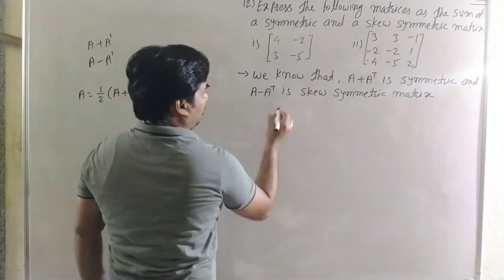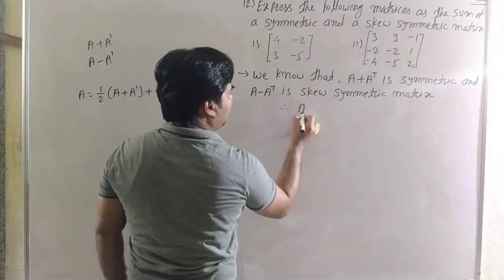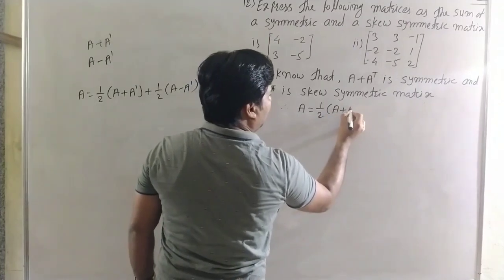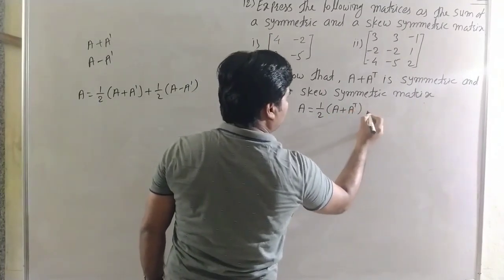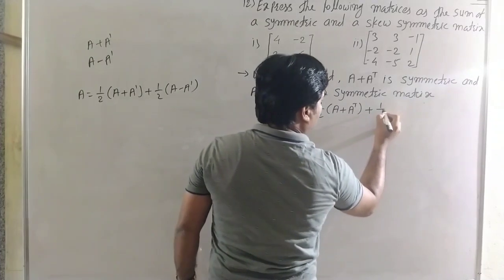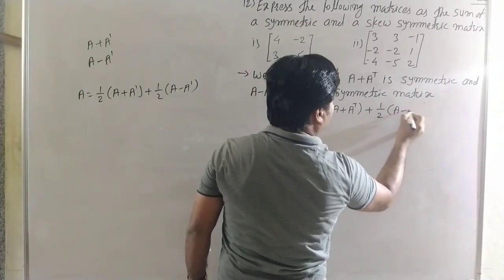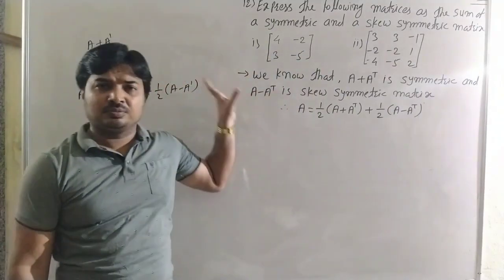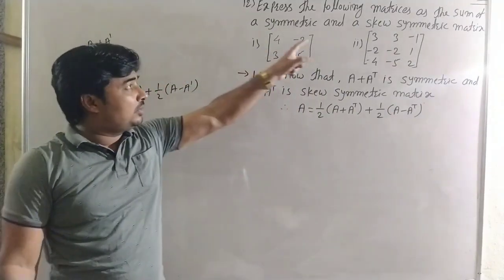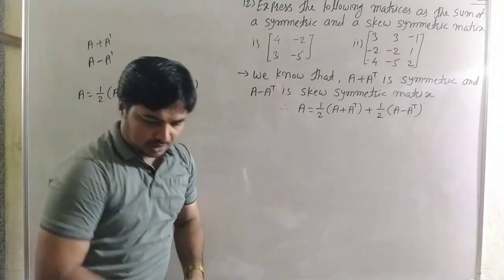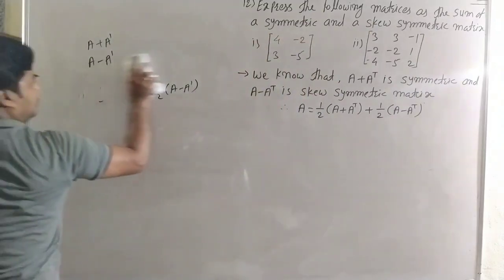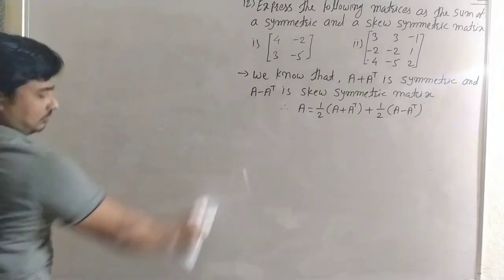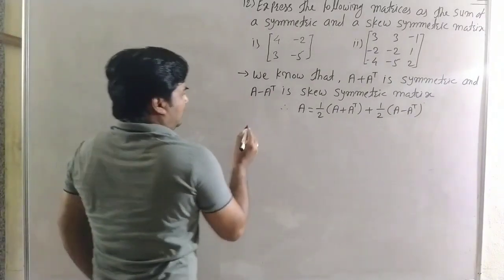Okay, and therefore we know that a matrix A is equal to 1/2 into (A plus A transpose) plus 1/2 into (A minus A transpose). Okay, here is the result. Now we check first this example and then the second example. Now for the first example,